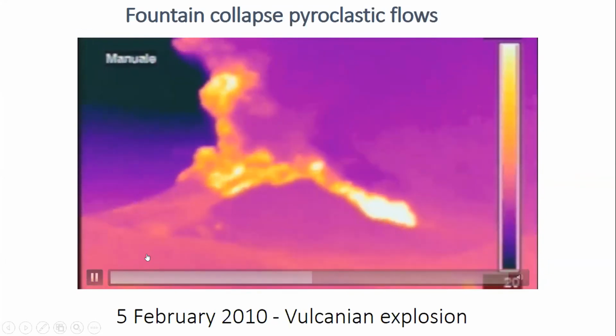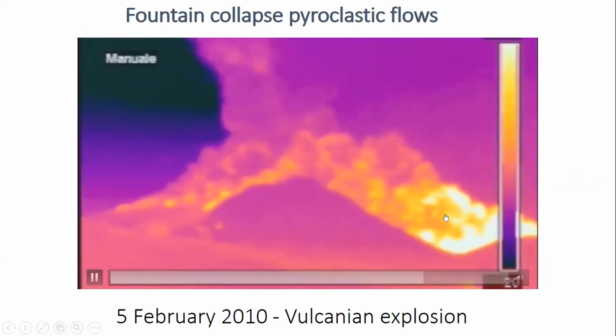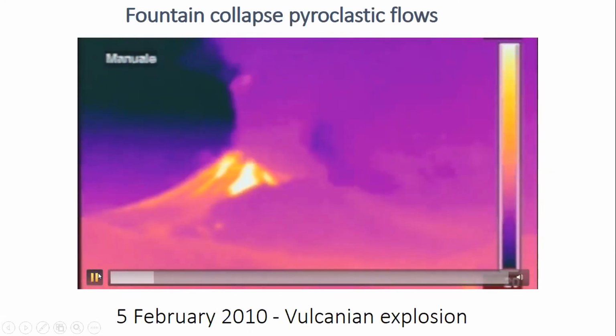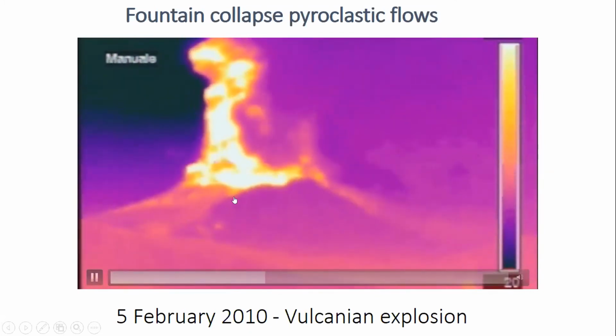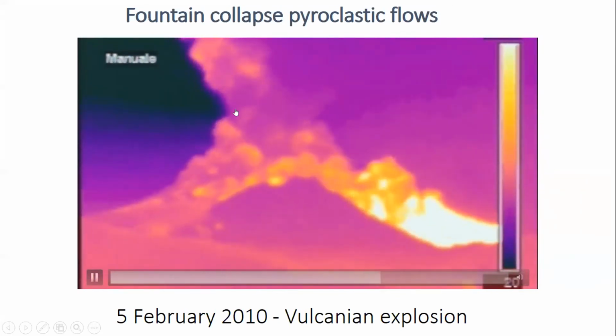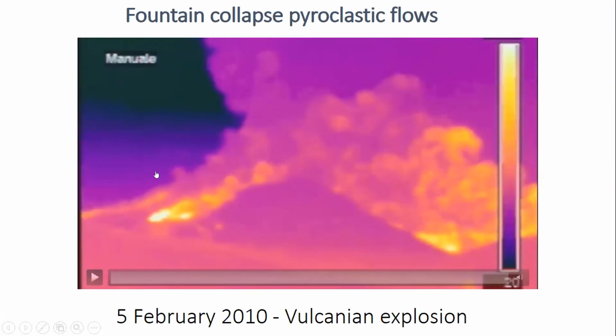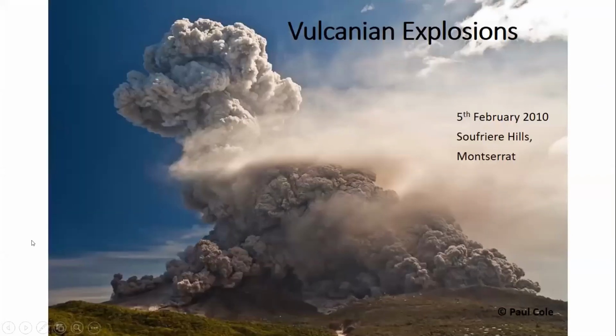And it shows you very nicely the materials thrown upwards, and then we can see a pyroclastic flow extending down towards Plymouth and a small one in this direction. Let's watch it again. You can see the hot lava dome at the top and then an explosion occurring, tephra being thrown upwards and it collapsing back downwards. So what's happening here is we effectively have a collapsing fountain. So this again is a different mechanism for generating pyroclastic flows.